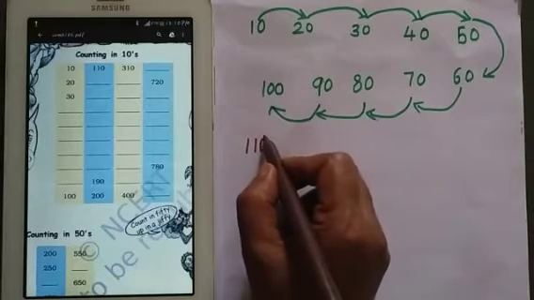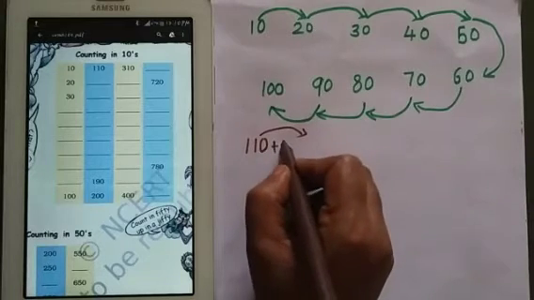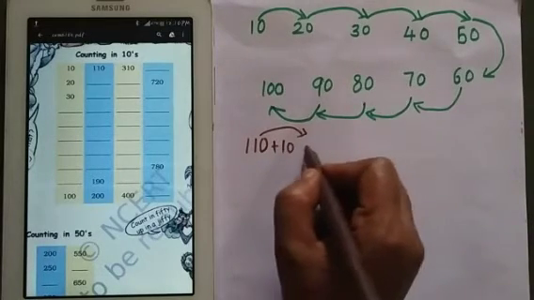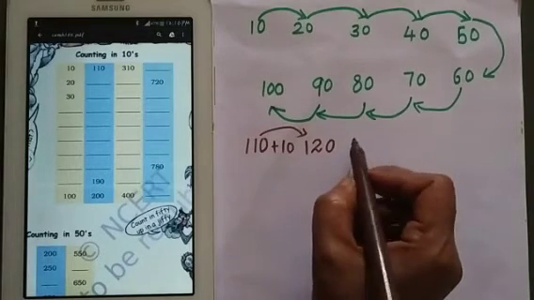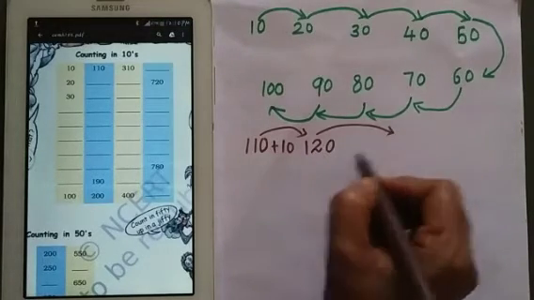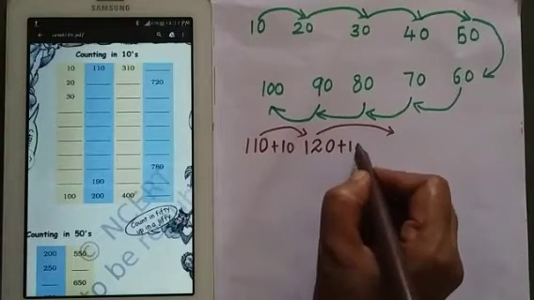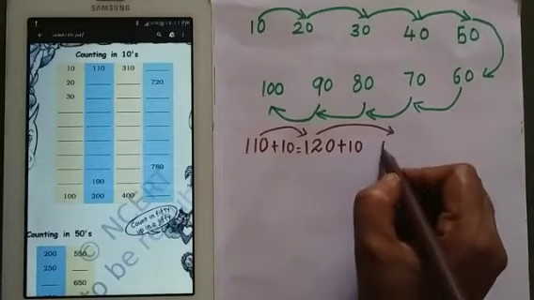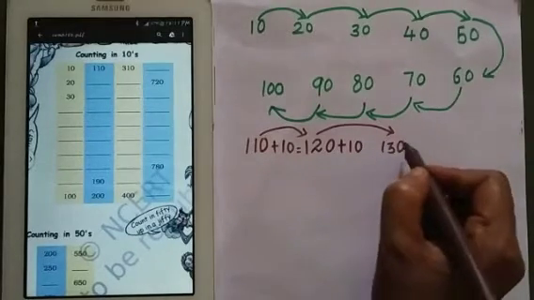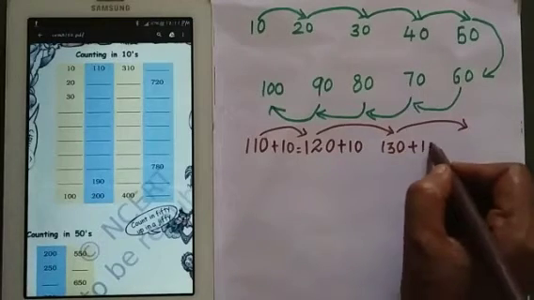110 then. Which number will come? 10. So number is 120. Yes. 120. Then add more 10 numbers. Which number will come here, children? 130. Add more 10 numbers over here. 130 plus